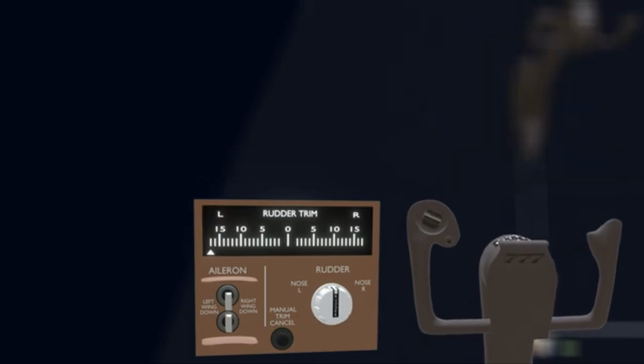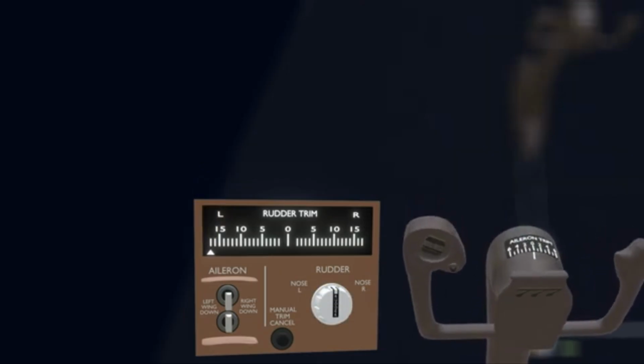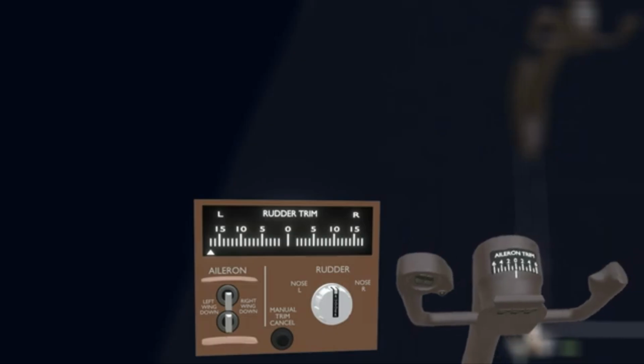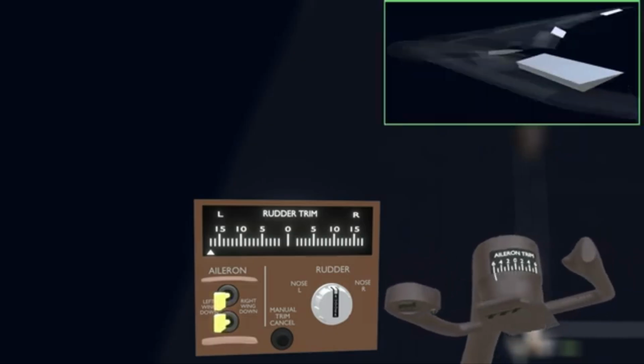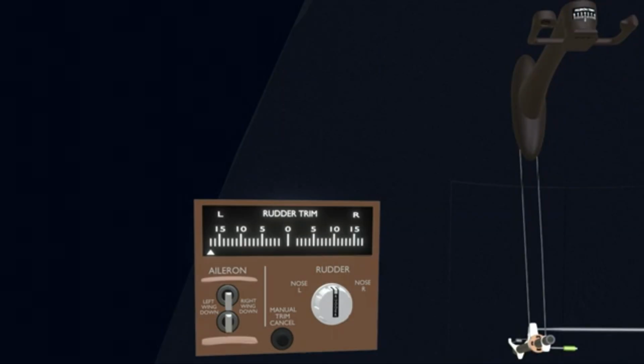rudder movement. Trimming the aircraft in roll axis will result in movement of 4 control surfaces, that is, the 2 flaperons and the 2 ailerons. They also deflect in varying degrees and opposite directions. Therefore, for simplification, the aileron trim is in proportion to the control wheel movement and not the control surfaces. 1 unit of aileron trim indicates 5 degrees of control wheel movement, so let's trim for 20 degrees left control